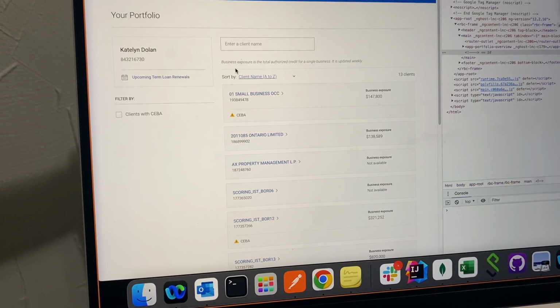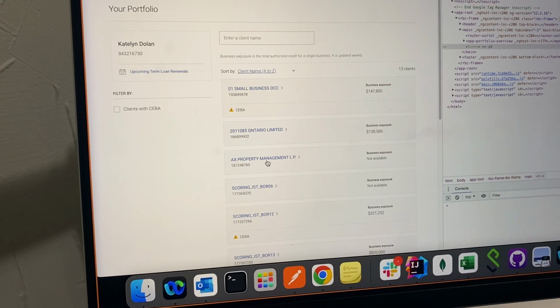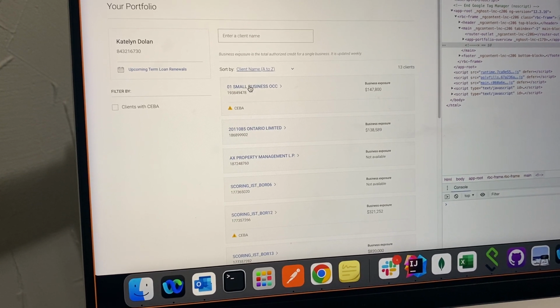Here, view portfolio, small business. These are the company names. If I go here,